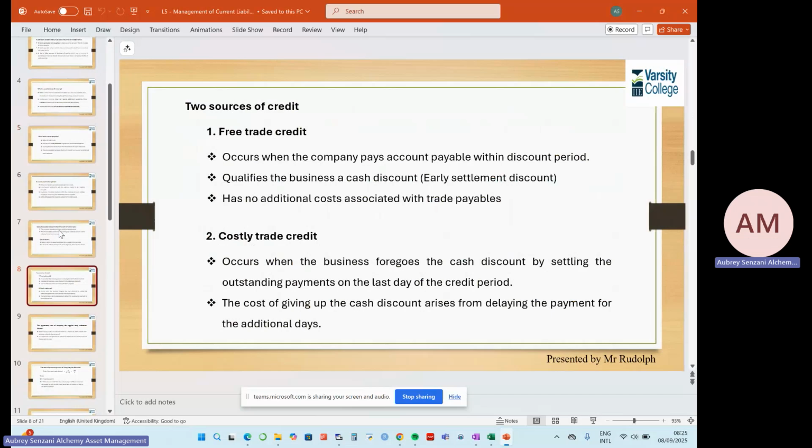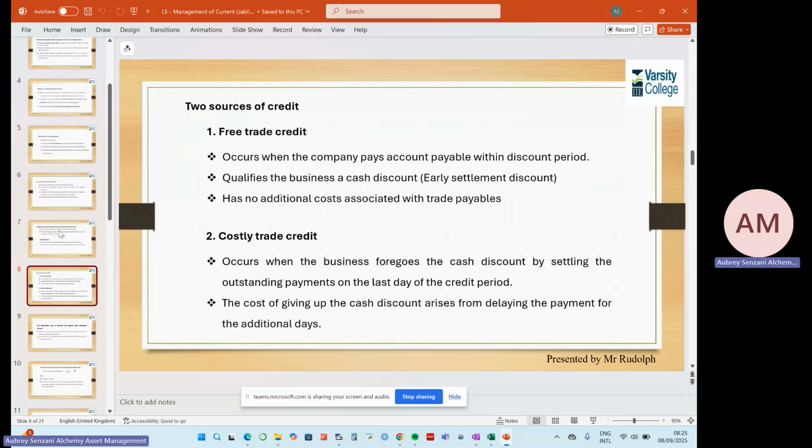Now, free trade credit occurs when the company pays accounts payable within the discounted period, okay? So in other words, we're taking advantage of a settlement discount, okay? That qualifies the business for a cash discount, an early settlement discount, okay? It has no additional cost associated with trade payables. Okay. So here's where it's interest free. And then costly trade credit occurs when the business forgoes the cash discount by settling the outstanding payment on the last day